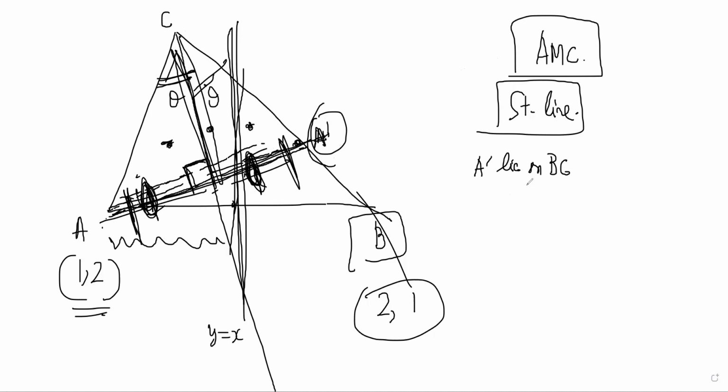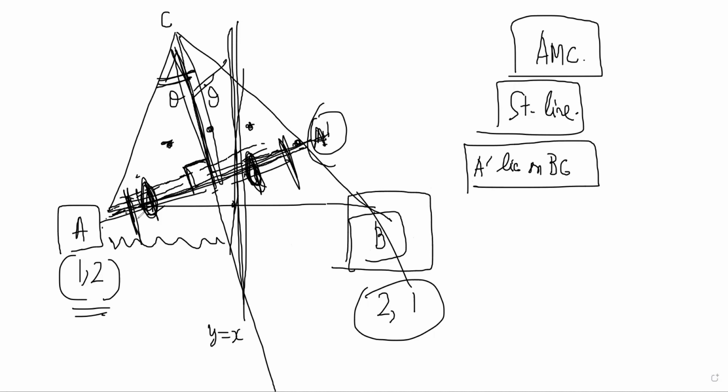Okay, makes sense. So basically we wanted the equation of BC and nothing was given. We found 2 points on BC by doing reflection across one angle bisector and one perpendicular bisector. A was reflected across the perpendicular bisector to give B, and A was reflected across the angle bisector to give A dash. Then A dash and B lie on BC, so now we can find the equation of BC, right?